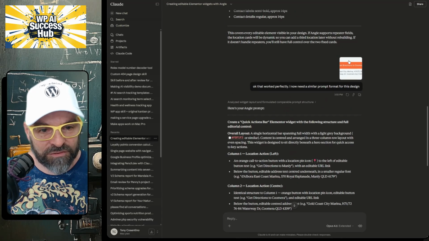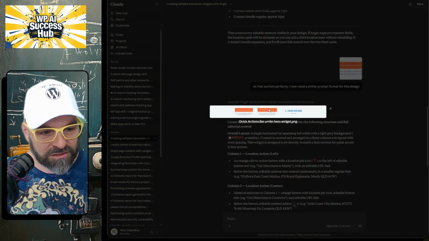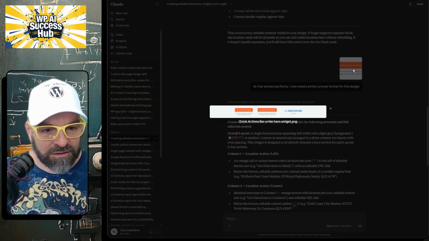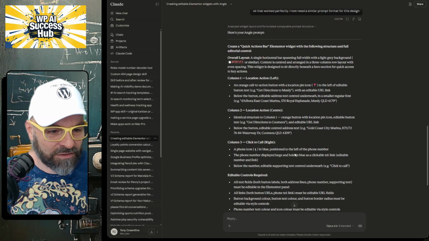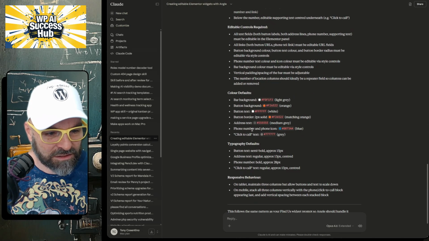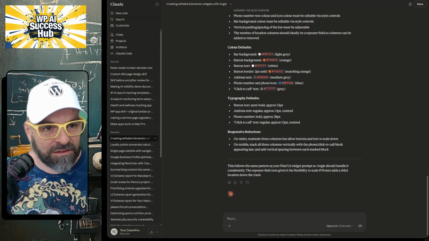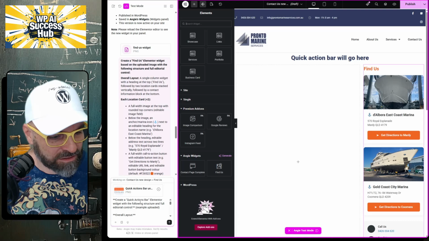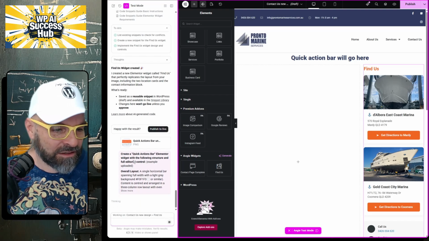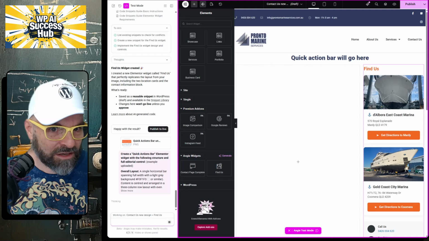So by just giving it a very clear prompt, it did a good job. So I've now given it this little section that I want it to make with the same instructions. I said, just make this using the similar prompt for this design, and then it's given me a nice detailed prompt there, which I've now uploaded the images and added the prompt and saying example uploaded as well, and then I hit go, and the new Angie AI tool